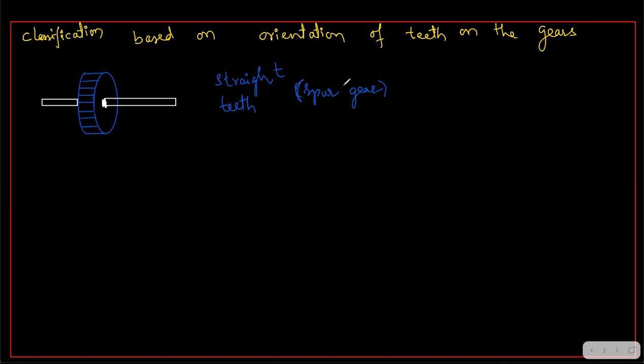So in spur gear, the first thing is you should have shafts parallel and teeth also might be parallel. Okay, so it might be in any gears. So let's just write down based on the orientation of teeth. Then the next one you'll have is, this is a type of,